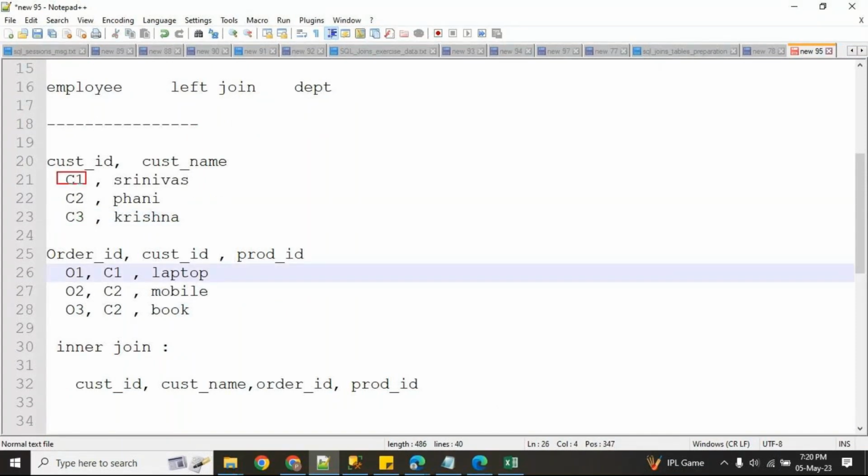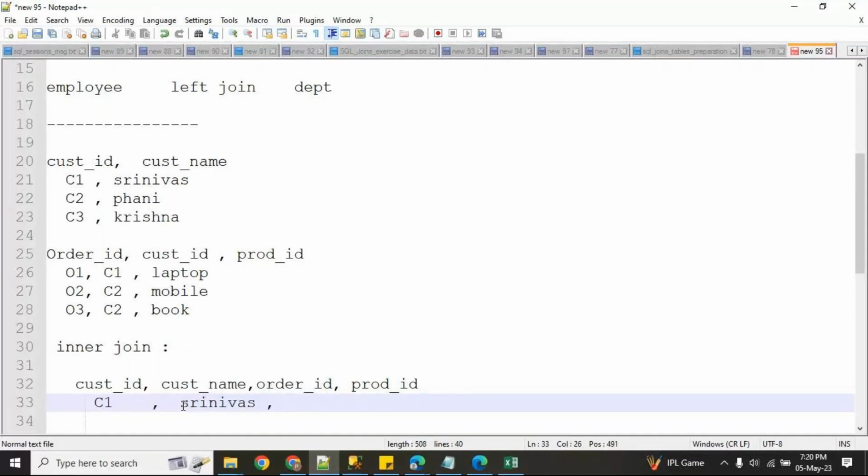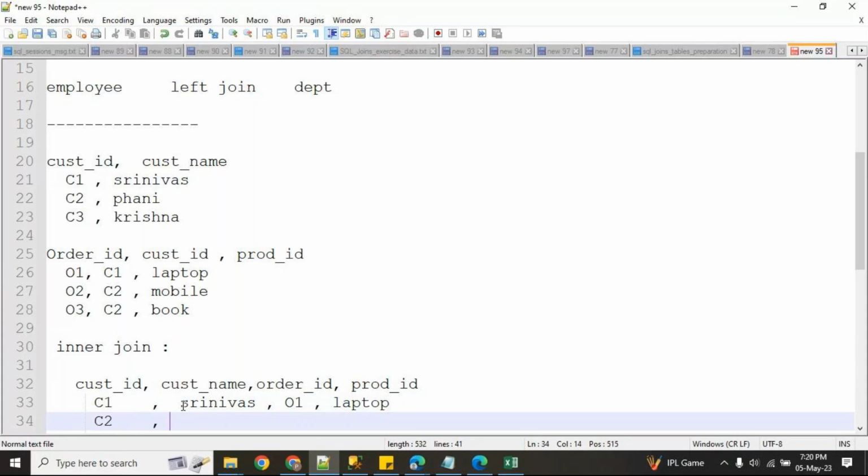C1 is matched with this one, and C2 purchased two products, so the output will be two records.